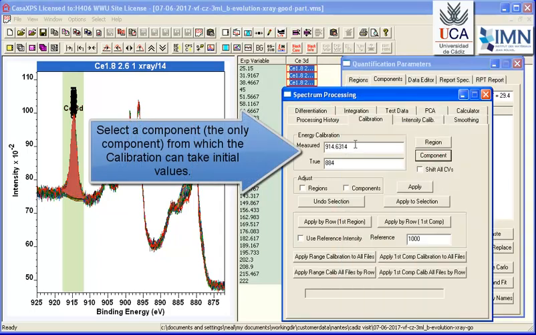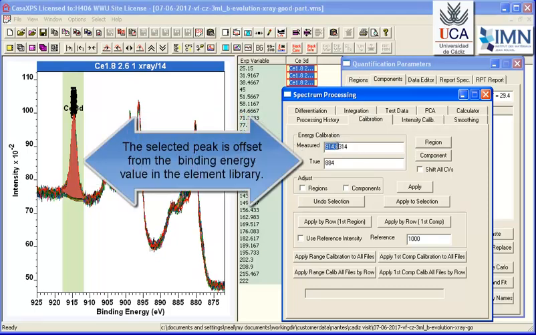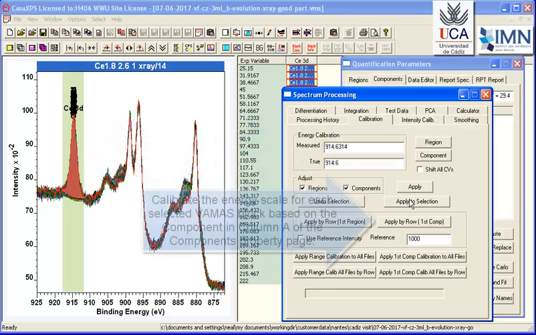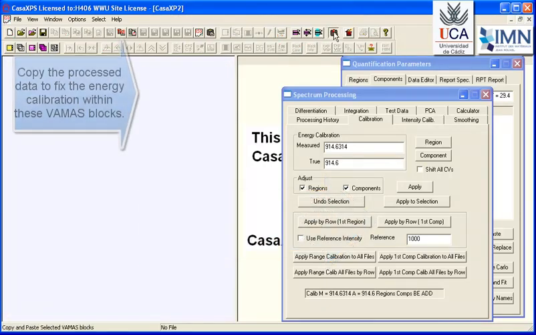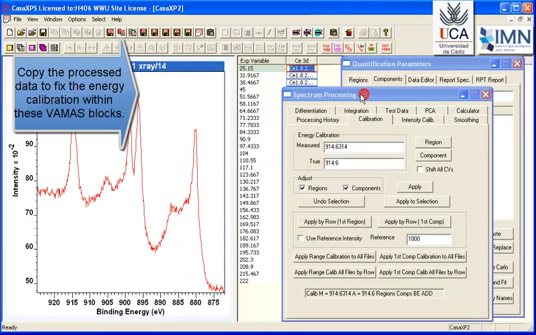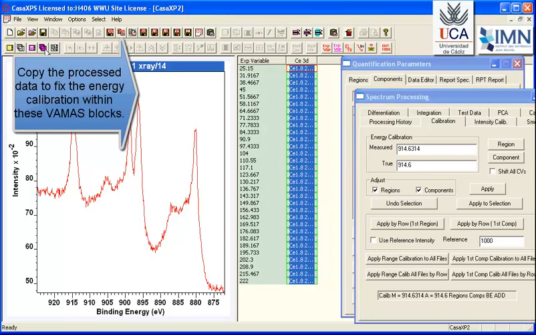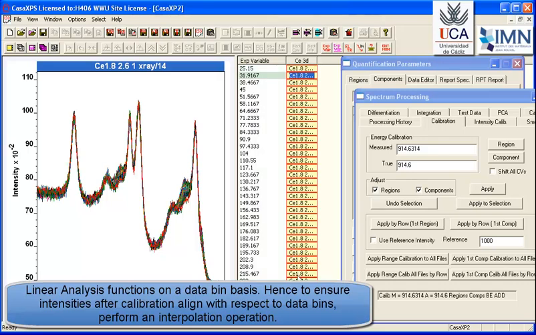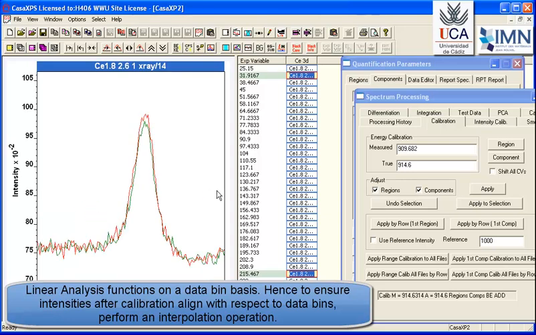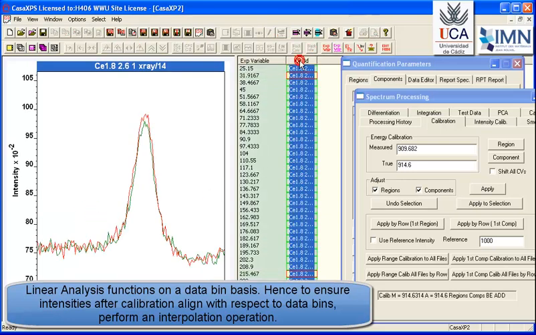So we're going to assign an arbitrary shift based on an assignment for this peak position, which is not physically meaningful. It's just mathematically what we need to do to progress this calculation. So each one of these spectra have now been shifted based on the component peak. And then we've copied the shifted data. So we've now got another file that contains calibrated data, but each data bin is slightly offset by virtue of